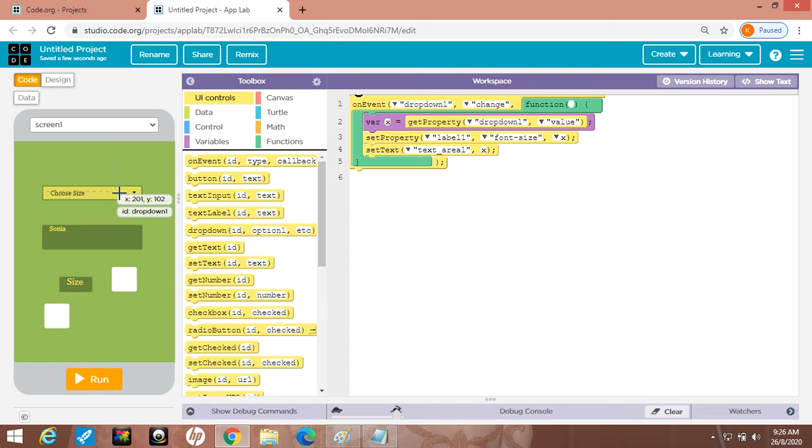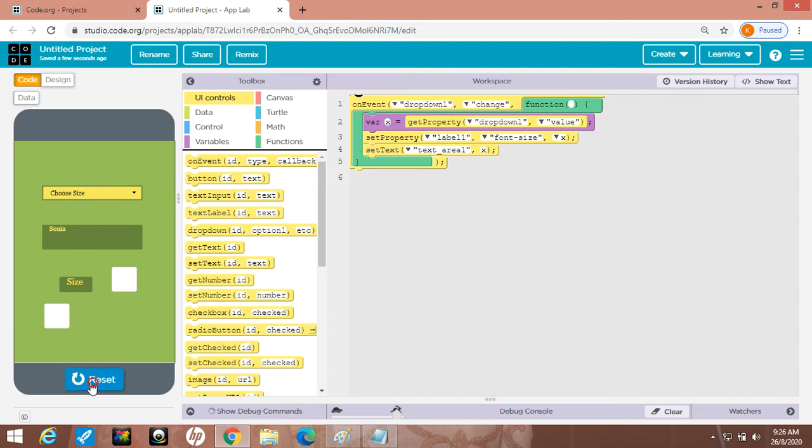Today my purpose is this. When I am running this app and choosing a size, if I choose 10 here, then the font size of my name should be 10. If I choose 20 here, the font size should be 20, 30, 40, whatever you want, and the size will change automatically. And the size should appear here. Look at this, this is the size of 50. It means the size of Sonia is 50. This is my motive.